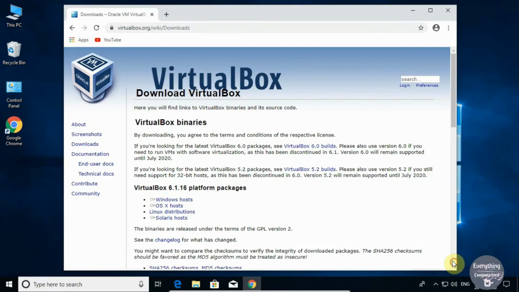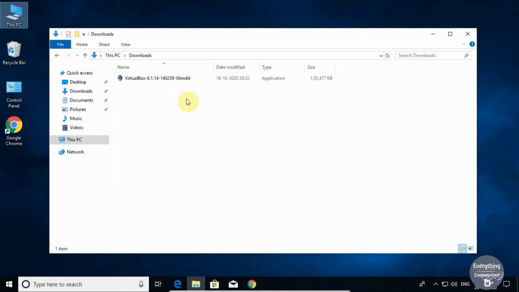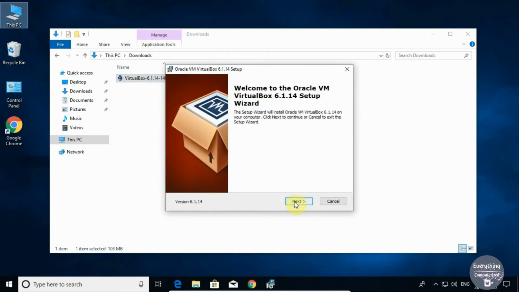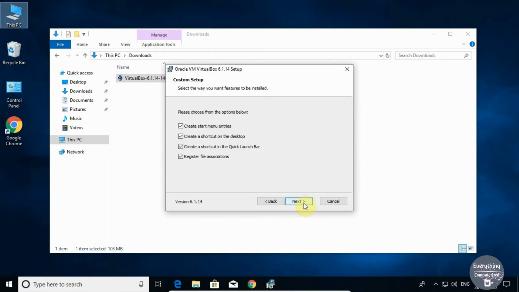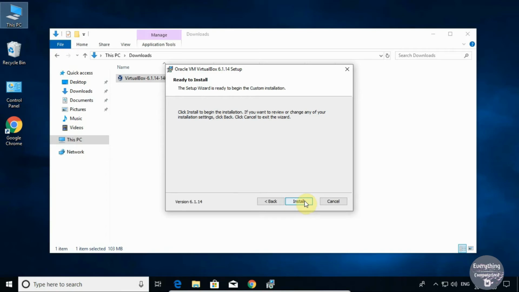Once you have your VirtualBox downloaded, open the Downloads folder and then double click on the executable to run it. Now the VirtualBox installer wizard will start. Click on Next. Click on Yes and click on Install.